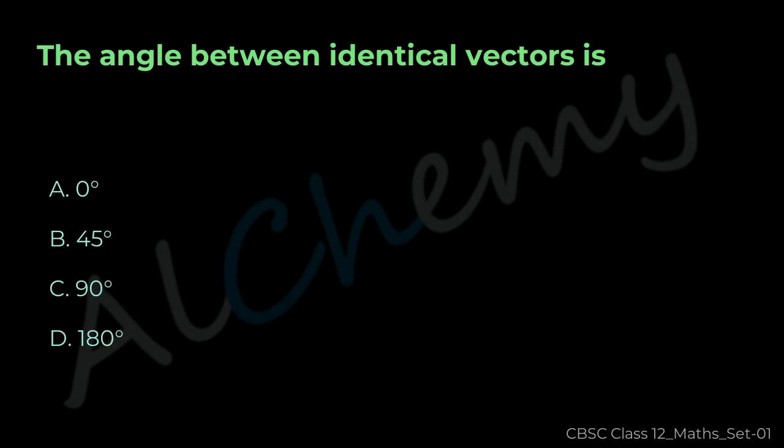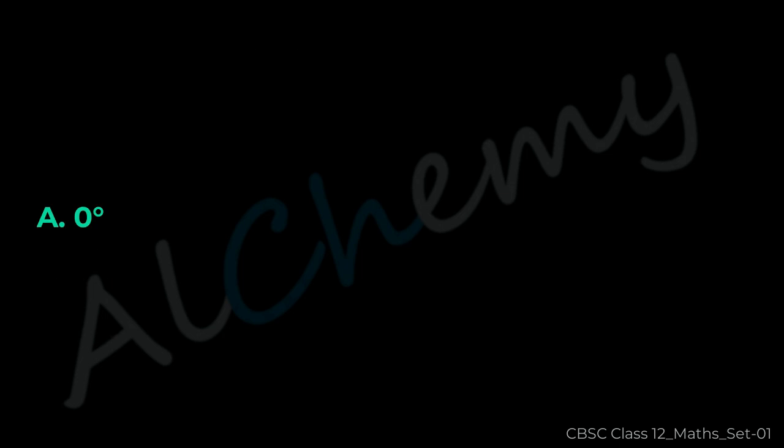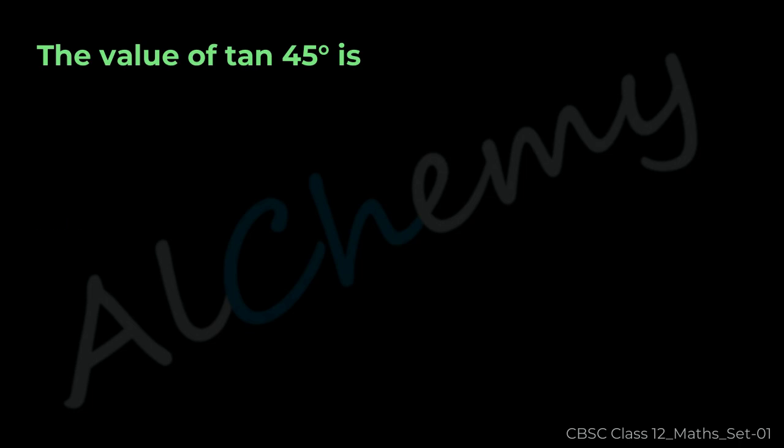Question 34. The angle between identical vectors is: A: 0 degrees, B: 45 degrees, C: 90 degrees, D: 180 degrees. The correct answer is A, 0 degrees. Question 35. The value of tan 45 degrees is: